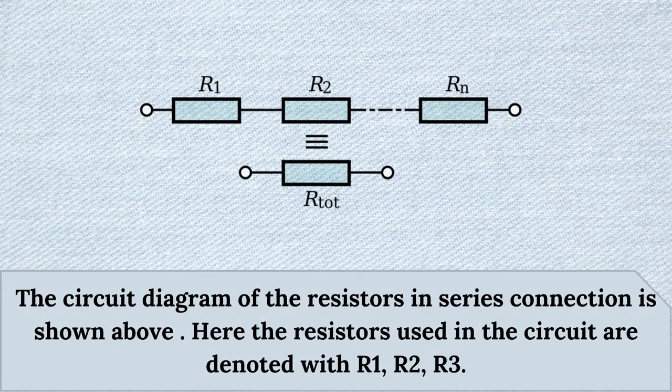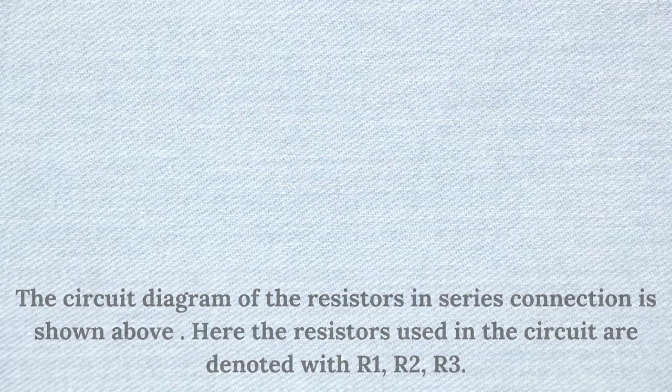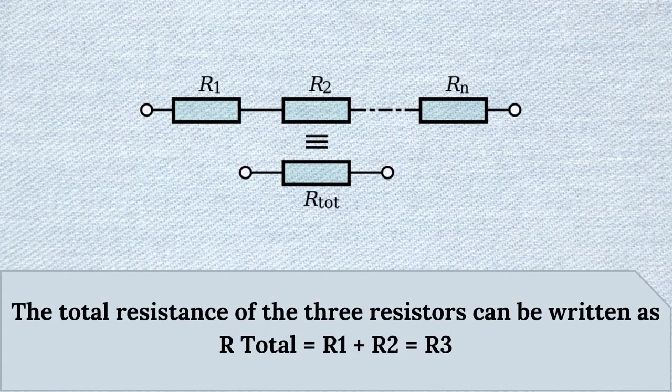The circuit diagram of the resistors in series connection is shown above. Here the resistors used in the circuit are denoted R1, R2, R3. The total resistance of the three resistors can be written as